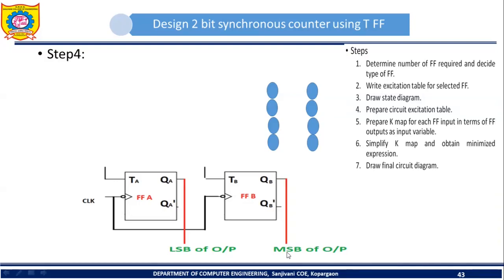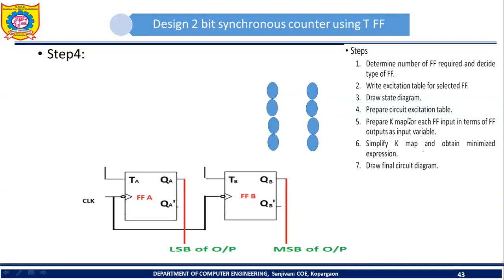In case of an asynchronous counter, we have seen that the flip-flop to which we apply the external clock pulse, the output of that flip-flop should be considered as LSB. But in case of a synchronous counter, this is not the case. You have flexibility. You can consider QA as LSB and QB as MSB, or you can consider QA as MSB and QB as LSB. Please try to understand. Here there is no restriction that you should consider QA as LSB only. You can consider it as MSB also. So accordingly, what is going to happen? Your next design is going to vary. So here I have considered QA as LSB.